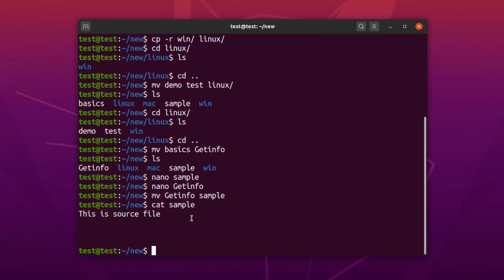Okay, this is how we can use the cp command and the mv command to copy files, to move files, and also to rename files. In the same way, you can also move directories and rename directories with the help of